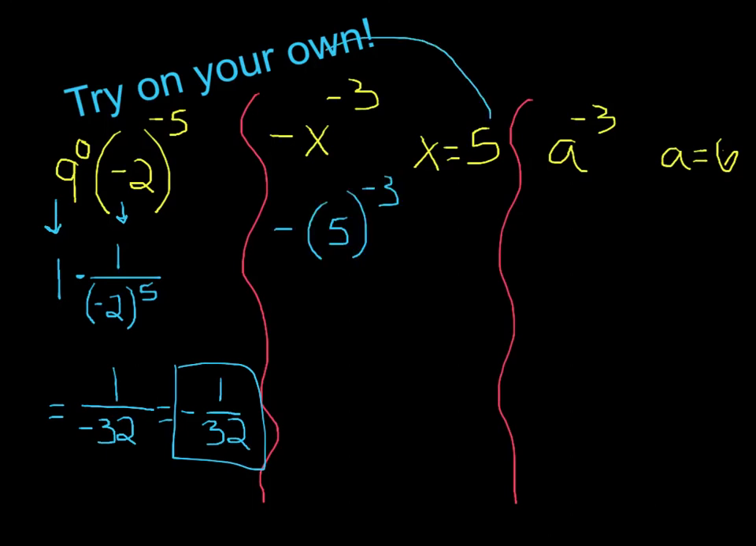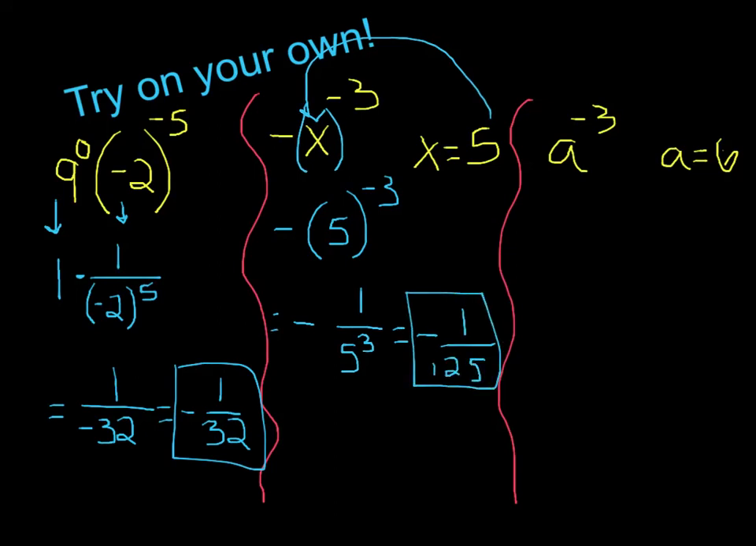Here if you plug in 5 for x, you put in parentheses and that negative sign that was originally there stays out in front. So a negative, and then change it to a fraction, 1 over 5 to the power of positive 3, which is negative 1 over 125. And finally the last one, plug in 6 to the power of negative 3. Rewrite it as a fraction, 1 over 6 to the power of positive 3, which equals 1 over